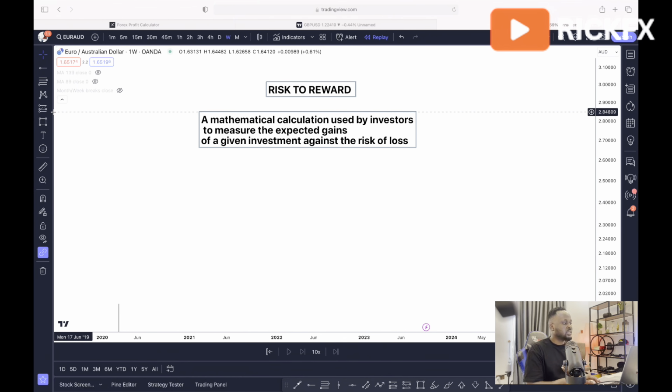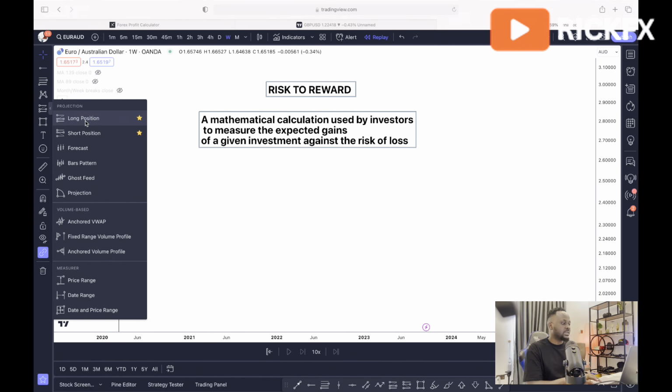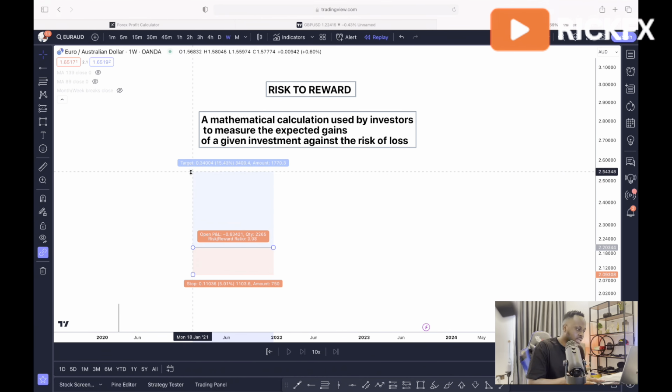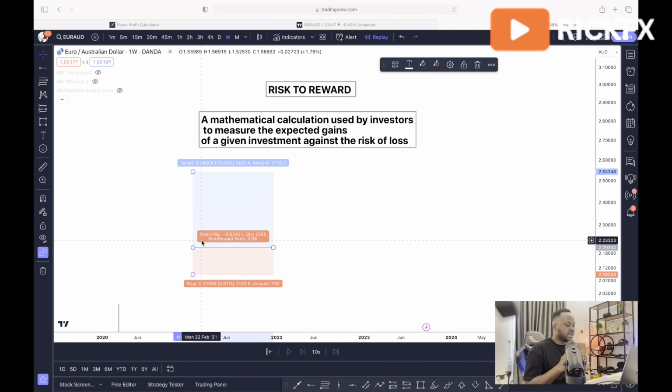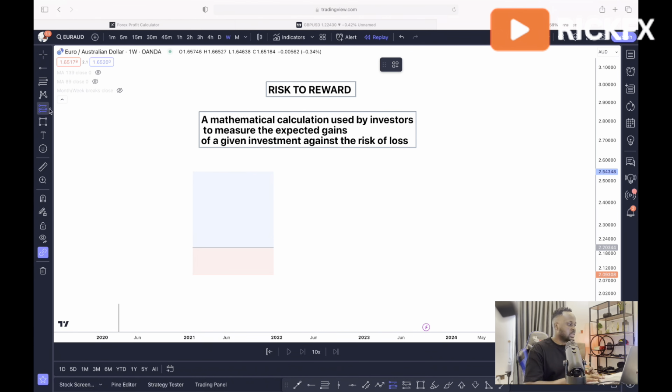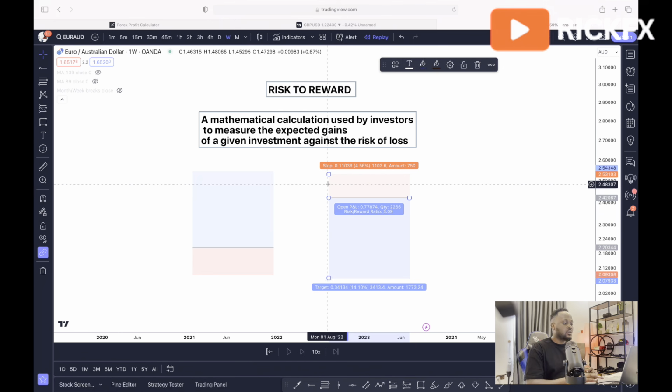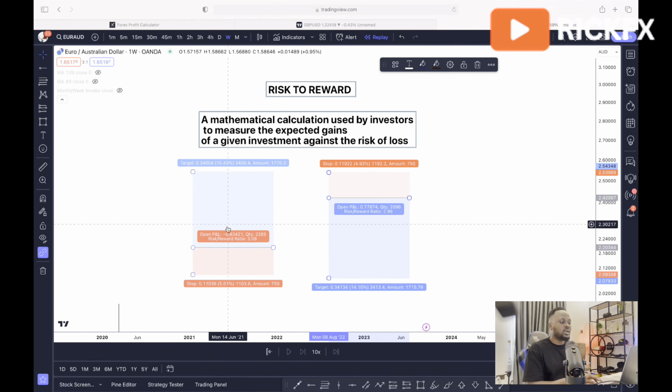But if you look at my charts, most of the time, before I take a setup, let's say a buy setup or a sell setup, I'll have this box right here clearly indicating my entry price, my stop loss, that is what I'm willing to risk on this trade, and then my take profit levels, right? This is the example for a buy, and this is the example for a sell. At all times I want to make sure that the blue area is bigger than the red area based on my strategy, right?